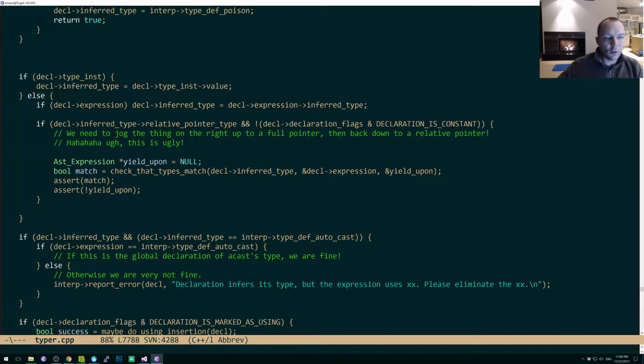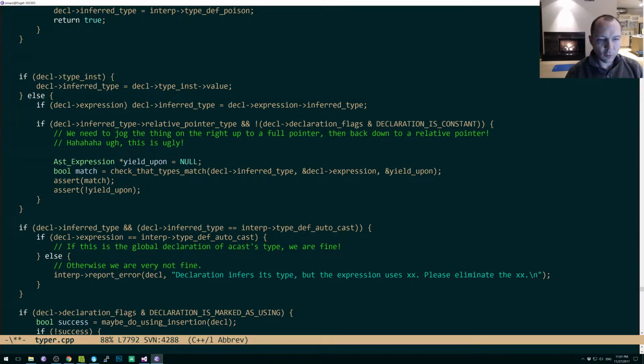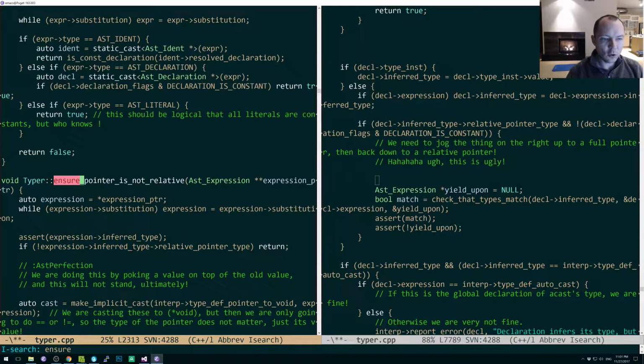Okay, so my brain is running out of steam again. I'm tired from all my traveling. So we're checking that the types match. That's the second step. The first step is ensure